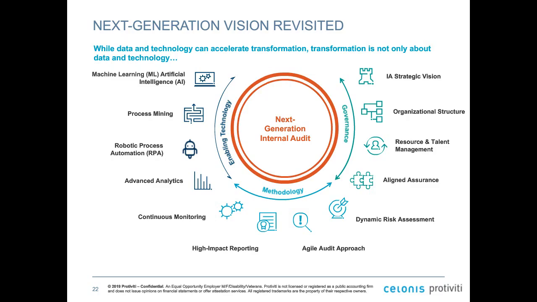So I just want to revisit the next generation framework. While we've spent the majority of today's time reviewing the ways in which the use of data and technology can be used to drive and accelerate internal audit transformation, the three elements, governance, methodology, and technology, are really interrelated, and they impact the people, the process, the data, and the technology that support the internal audit function. So focusing on just individual components, in our experience, yields limited benefit, and that more holistic change that many audit functions are after is the key to accelerated and higher value outcomes.